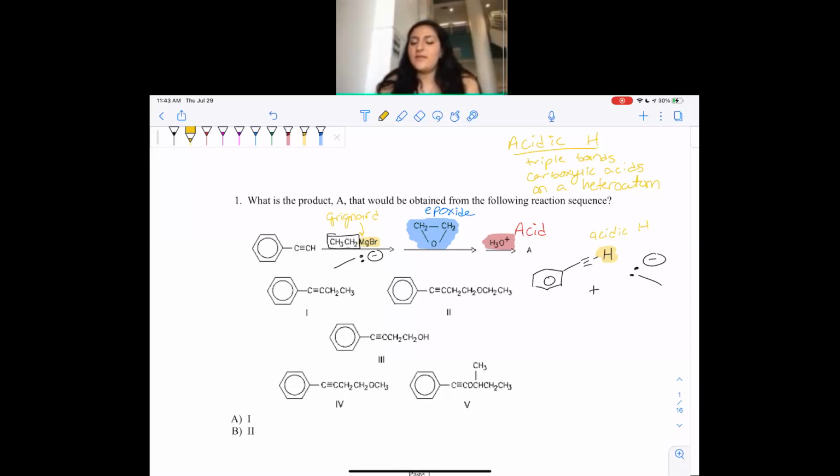It's going to be a nucleophile all the time, except in these cases. Anytime there's a carbonyl, it's going to act like a nucleophile, unless it has an acidic hydrogen. That's the only time it acts like a base. So in this example, we only have an acidic hydrogen, so we're just going to go ahead and steal that bad boy. And we get